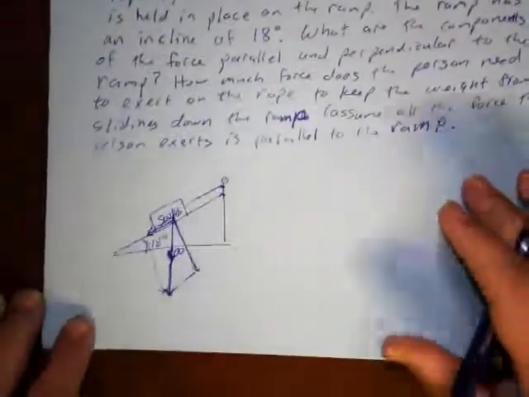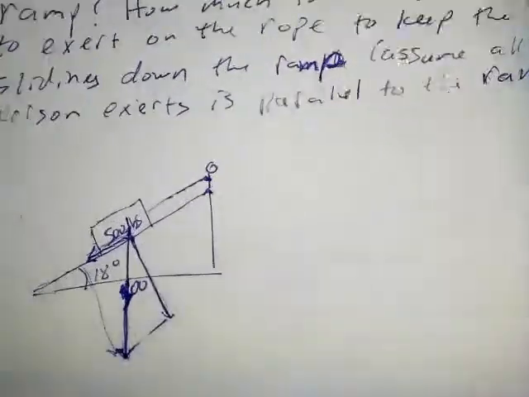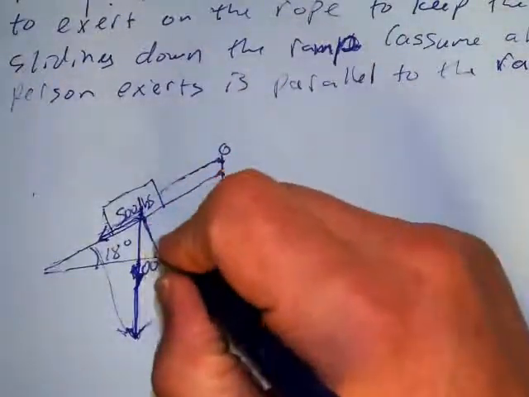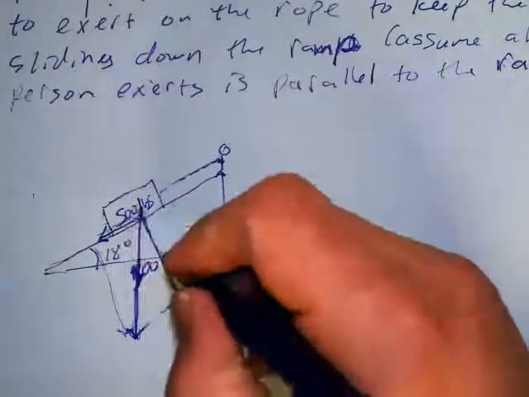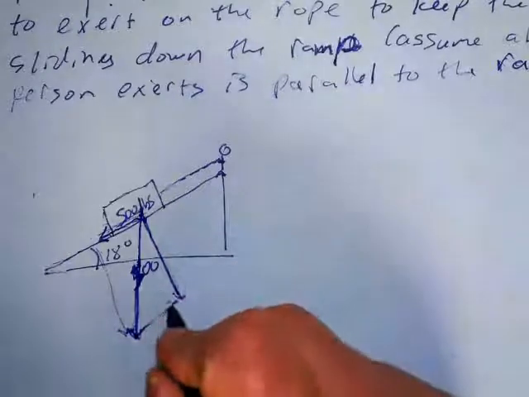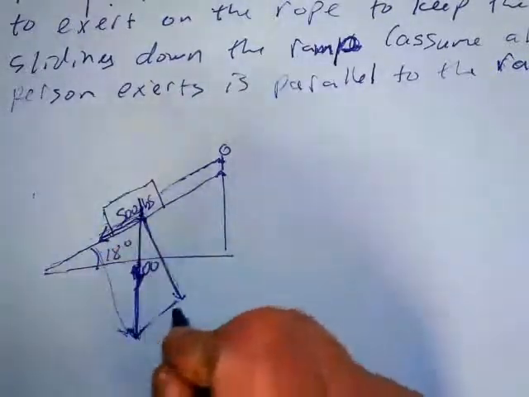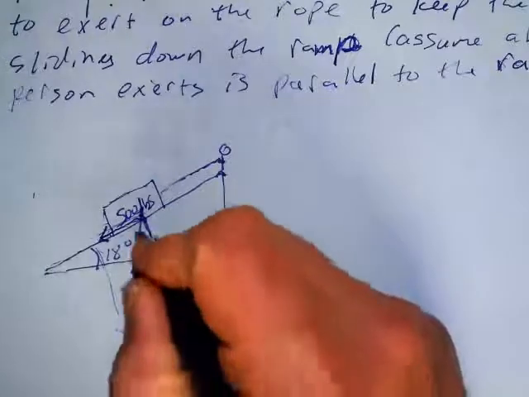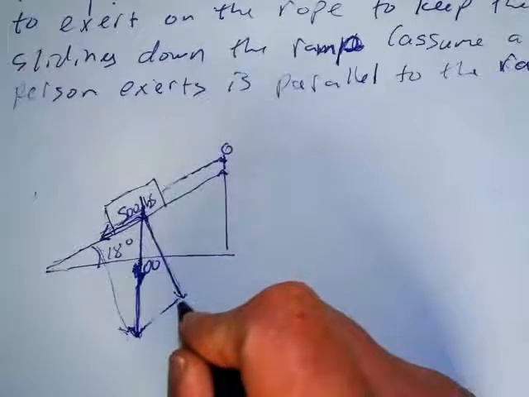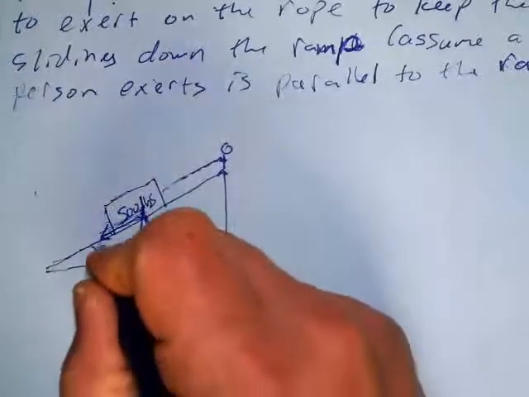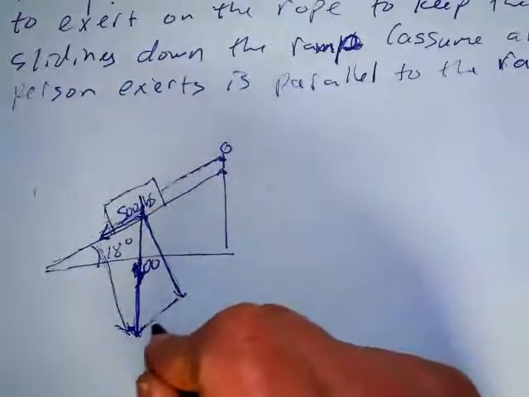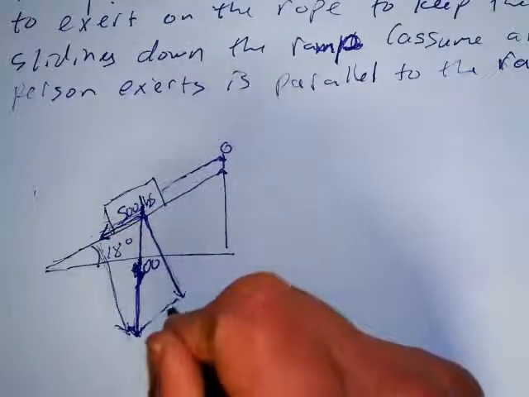Okay, so what this means then is, so this angle and this angle, I'm sorry, this is the resultant of these two angles, the parallel and the perpendicular. Okay? And so you could make your parallelogram like this. So this one and this one are the same. So we don't know what that is, but